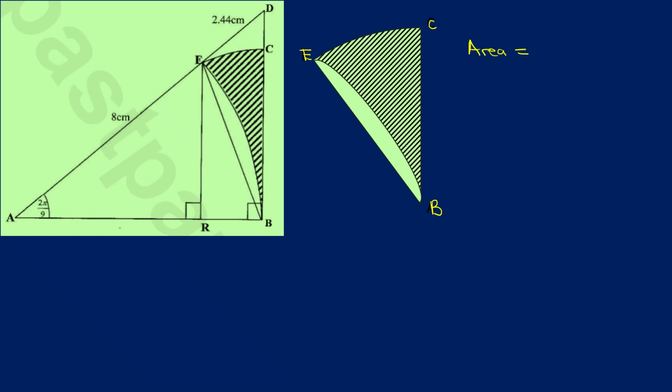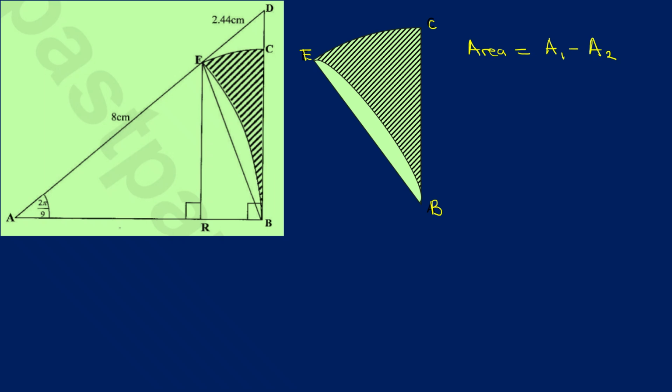This area is for the shaded region. It is going to be equal to area 1 minus area 2. This is what I was saying. When you are dealing with areas of shaded regions under circular measures, all we do is find the area of the whole object holding the shaded region minus that portion which is not shaded in the portion that is holding the shaded region. So in our case here, we are saying area of the shaded region will be equal to